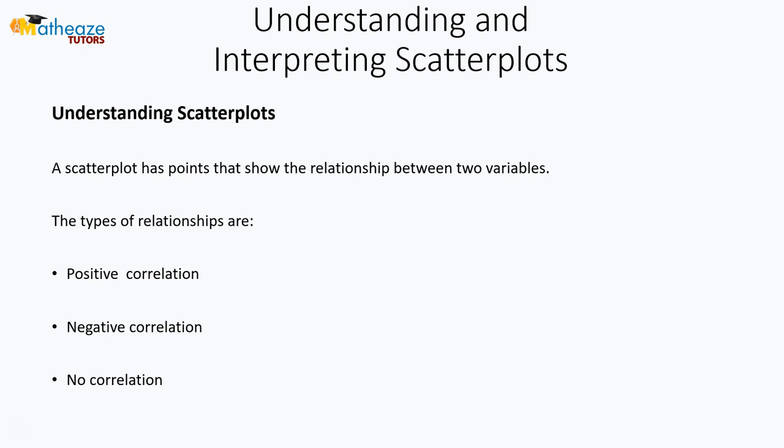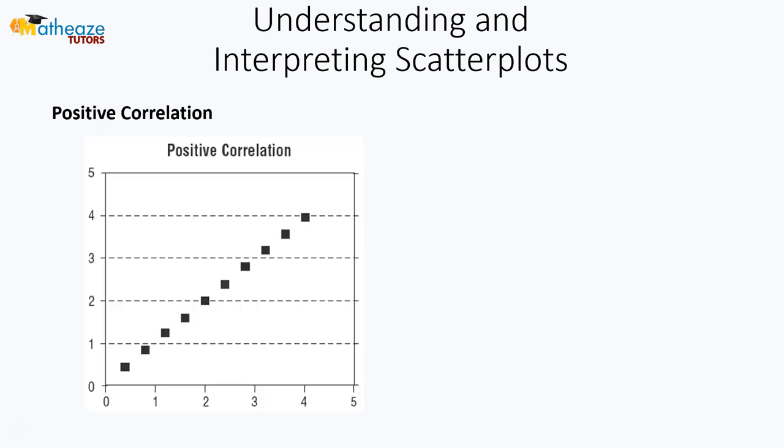And the main types of relationships we study with scatter plots are positive correlation, negative correlation, and no correlation. Now, a positive correlation exists when you can draw a straight line along the points and get a positive slope. So something like this. We have a straight line, and you can see from linear understanding of straight lines, we can see that this is a positive slope, which means that as one variable increases, on average the other variable